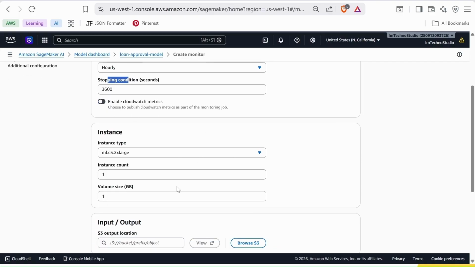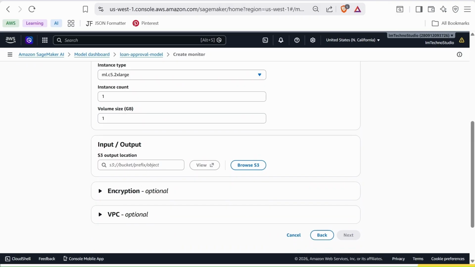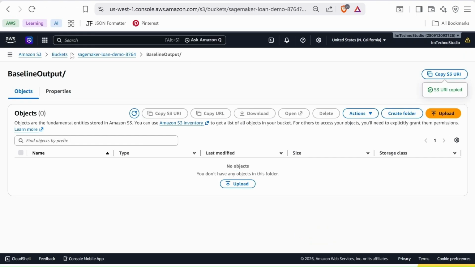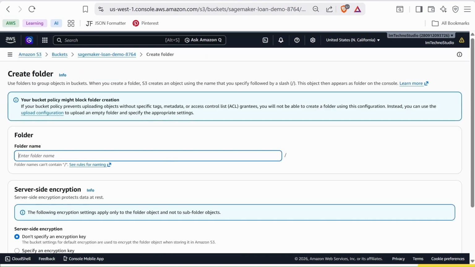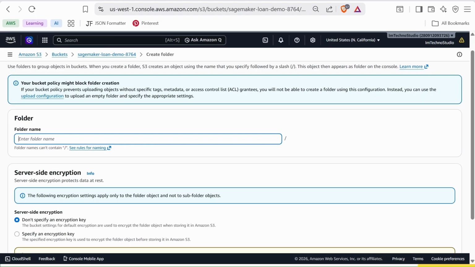And finally, we need to provide an S3 output location. This is where SageMaker will store the monitoring job results, reports, statistics, and any violations detected during monitoring. Now go back to the S3 bucket and click Create a folder. Give the folder a name such as Monitor Output.